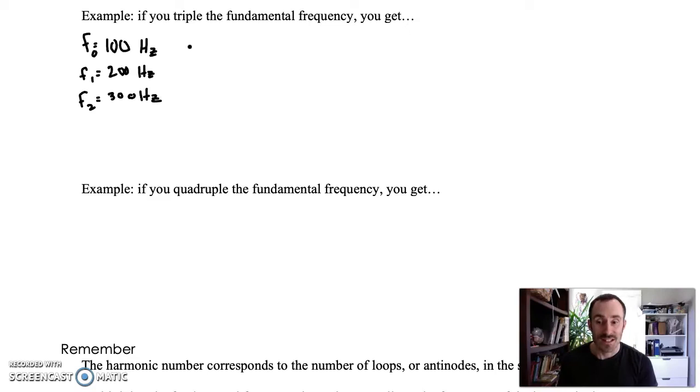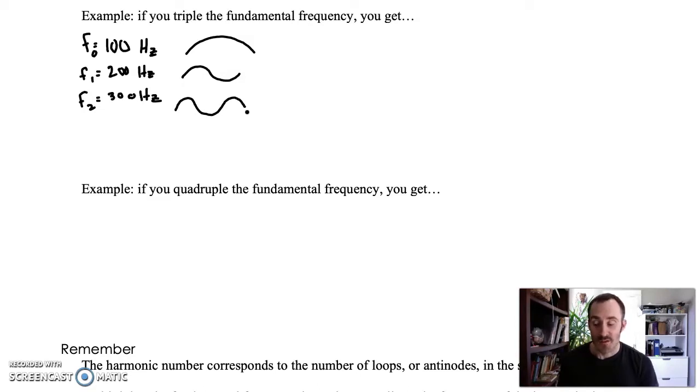So F0, or the fundamental frequency, looks like this. It's just one antinode that flips back and forth. If I double that, instead of having one antinode, now I'm going to have two antinodes. So it looks like this. A full wave. Now, if I triple my fundamental, that means now I'm going to have three antinodes. And so it will look something like this. That would be the third harmonic,